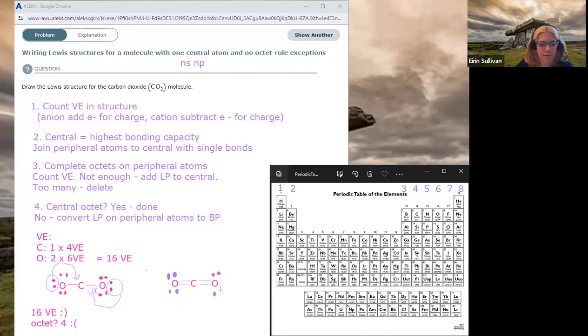So let's just check that everything looks good. 2, 4, 6, 8. Who do we appreciate? Carbon with a happy octet. 10, 12, 14, 16. So we haven't stuffed up our number of valence electrons. We've still got 16 valence electrons. And carbon should now have its octet. Yes, it does. Okay, because it's got 4 pairs of bonding electrons around